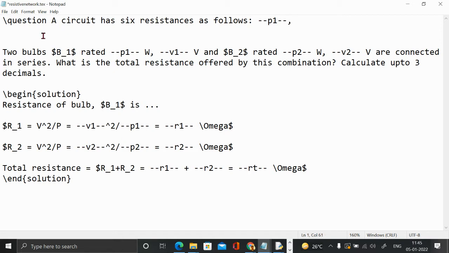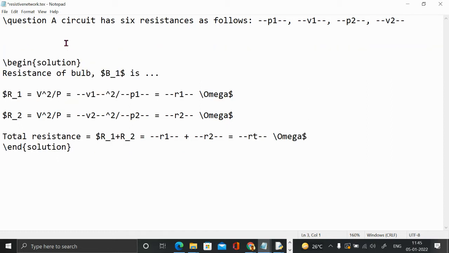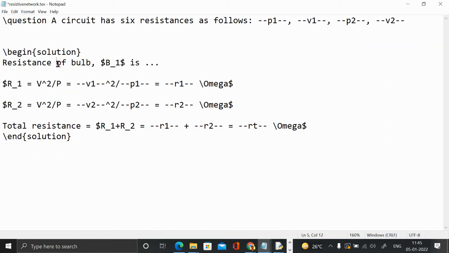Actually, I'm supposed to give the values, but let's see what happens. I have only these four values here, so let's not worry about it now. Now, solution, I'll just keep it empty.